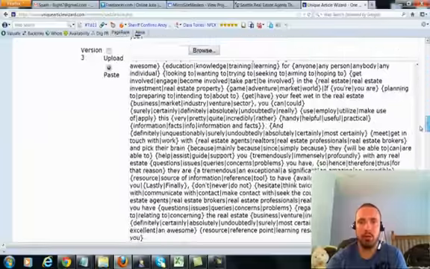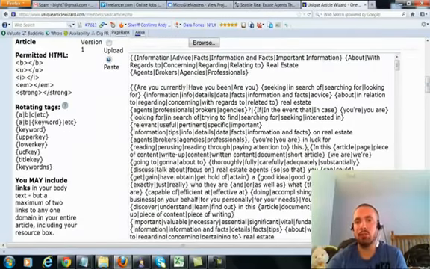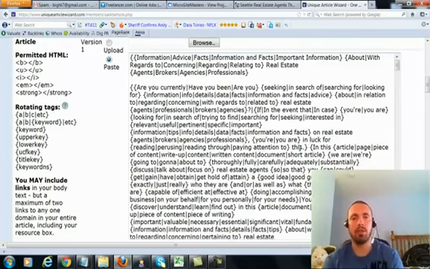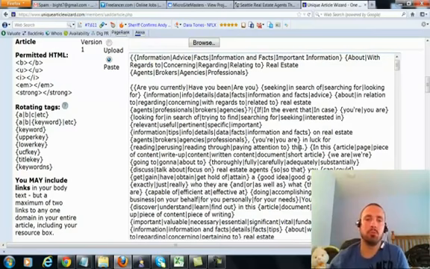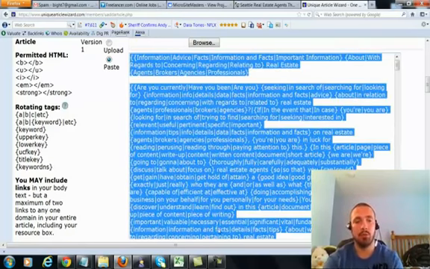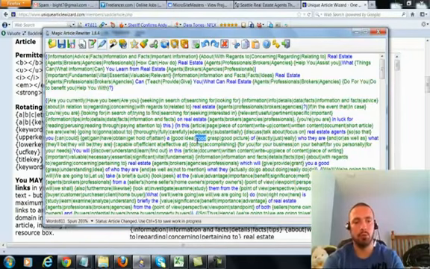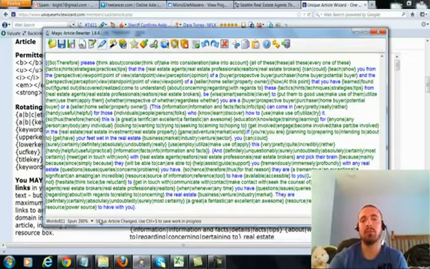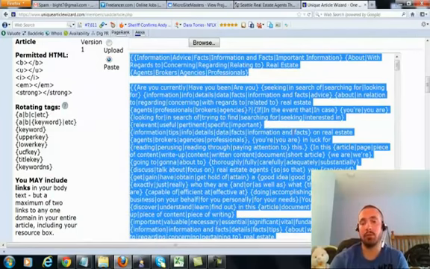Alright, so here are my article boxes. We got 3 article boxes. I put the same information in each one because this is a very well spun article that I hired someone to do. As I mentioned before, if you want someone else to do them for you, you'll have my resources where you can order them from the people I order them from, or you can go out and find someone to do it on your own. You can find your own person on Freelancer or whatever, or you can do them yourself, or you can just write the article yourself and spin it yourself. Totally up to you. But if we copy this and we put it into Magic Article Rewriter, we will see that it has 200% spin, and that's very, very good. Very high quality spinner here I'm using.